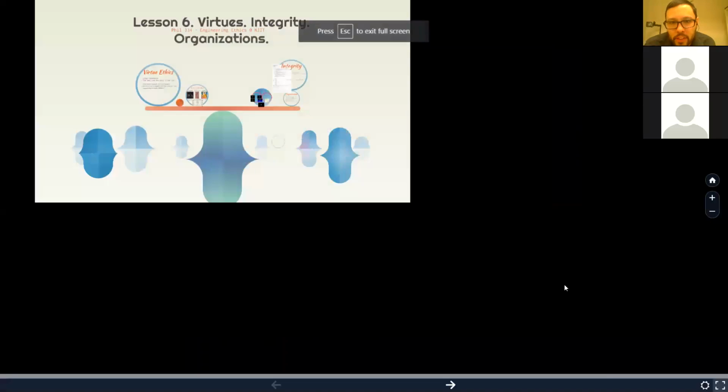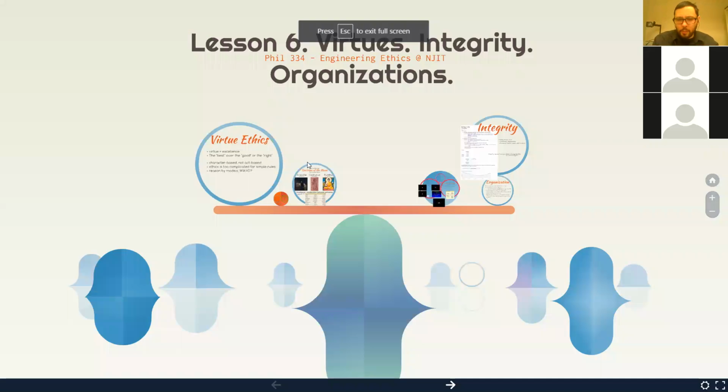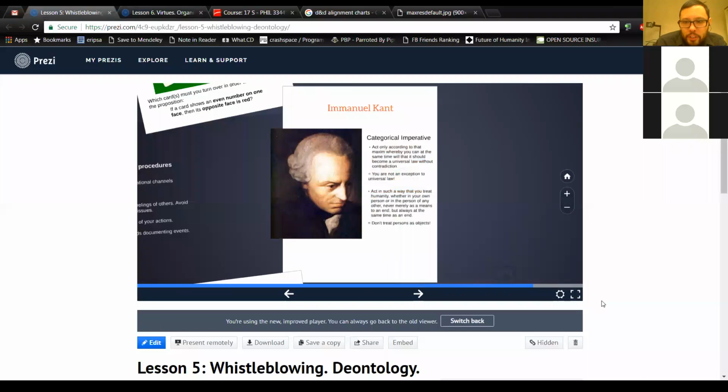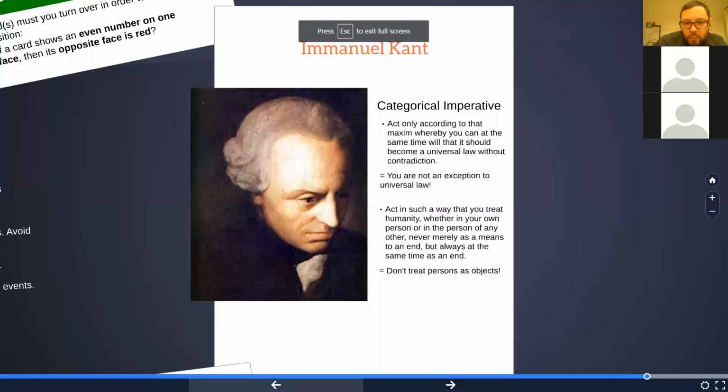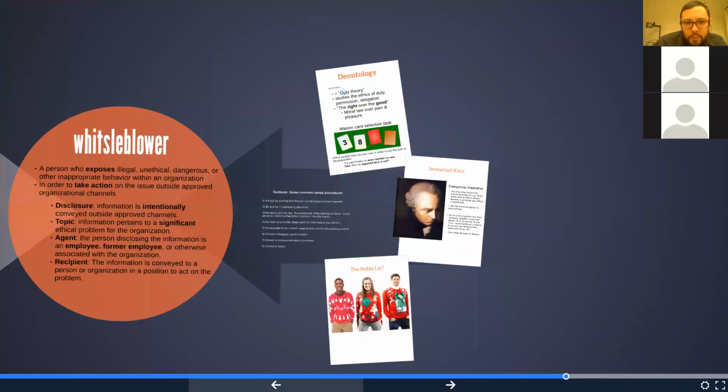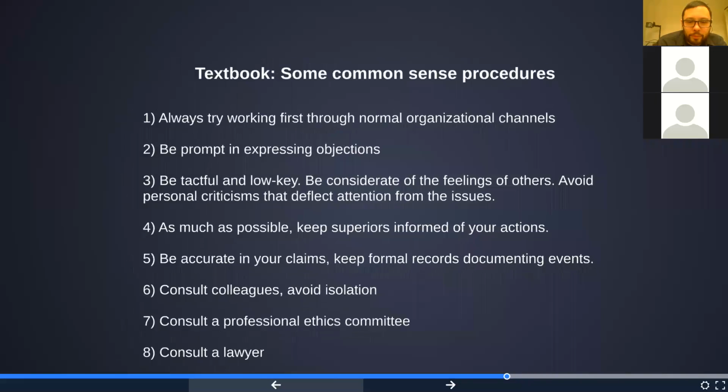Integrity is also one of the main themes for lesson 6. And I guess I'm about to transition into lesson 6 and talk a little bit more about virtue ethics, but maybe we should stop here and see if anyone has more things to say about whistleblowing, because